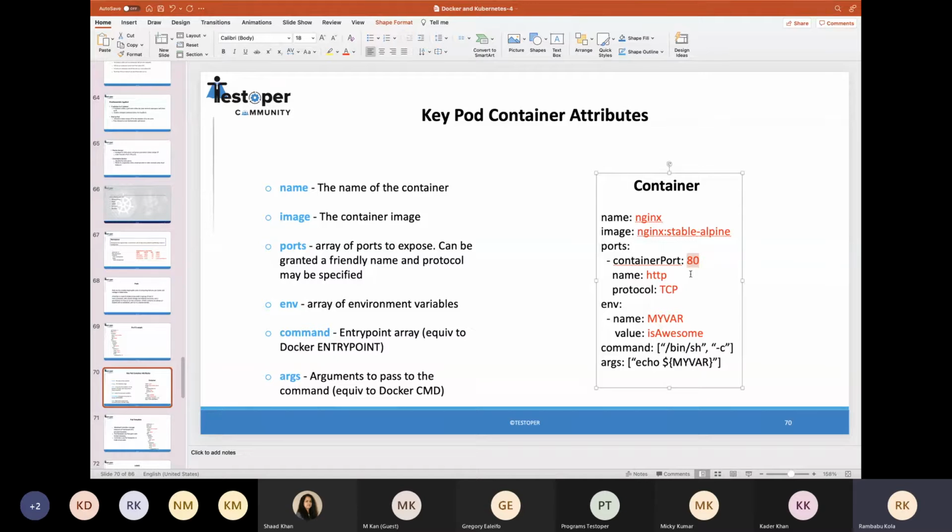on the image. And we have another option called env, where if you want to pass on some variables. Likewise, we saw in Docker, we passed username and password for the MySQL. The same way for the pod containers also, we give options called env and expose them. And command is, if you build a container image and you want to override any entry point, you can use this option and override the entry point. Or if not, then it will take the default entry point which you have specified in the Dockerfile while building the Docker image. So that will be used, or you can use this to override those things.